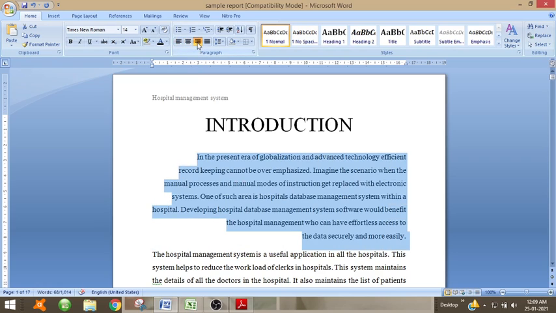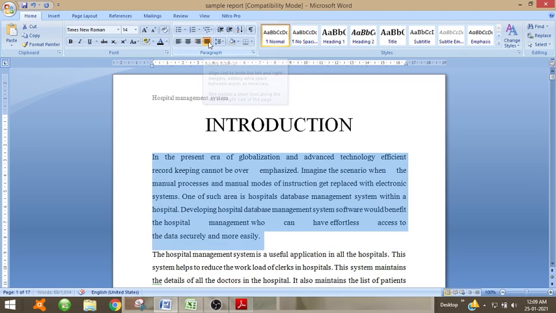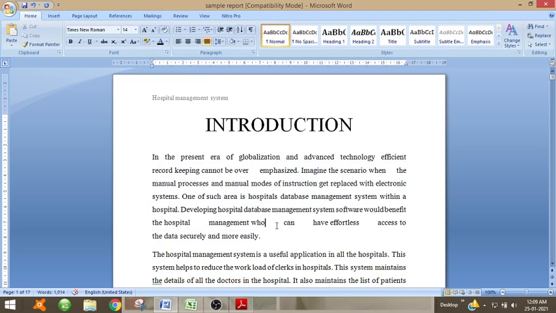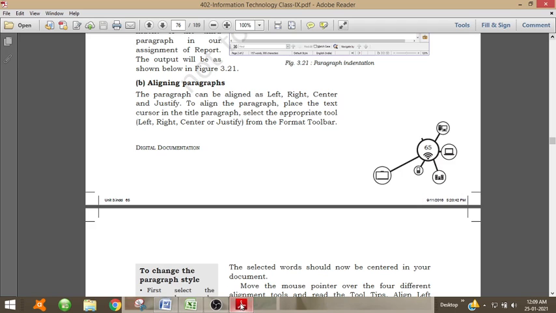Then this is right alignment, you can see it is aligned right side. Then this is justified, that is both the starting and ending of all the lines in the paragraph will be at the same position, that is extra spaces will be added in between each word.